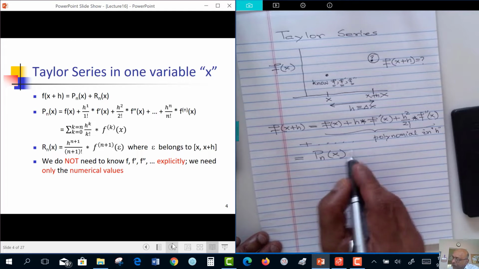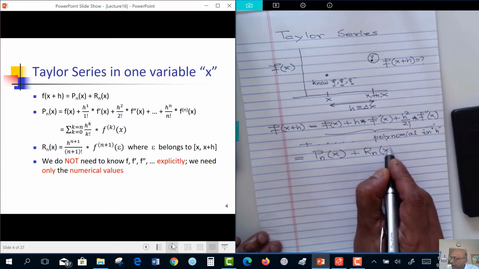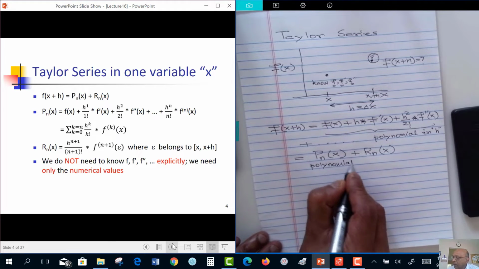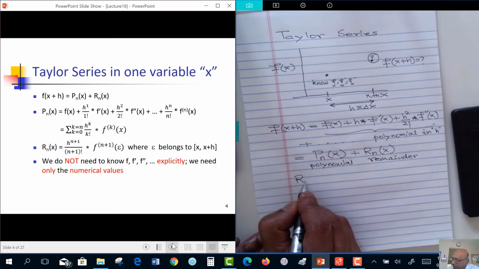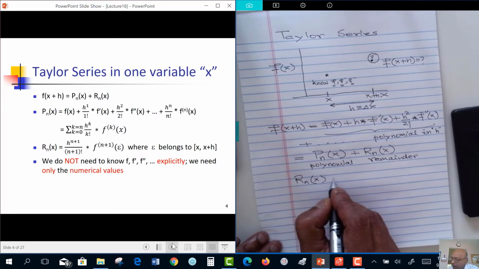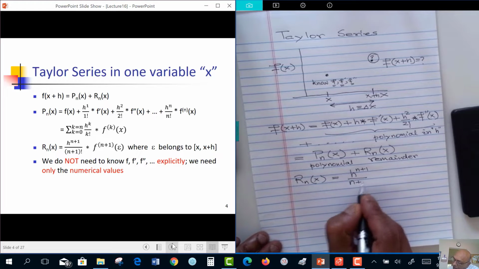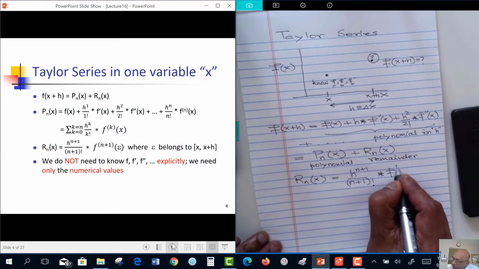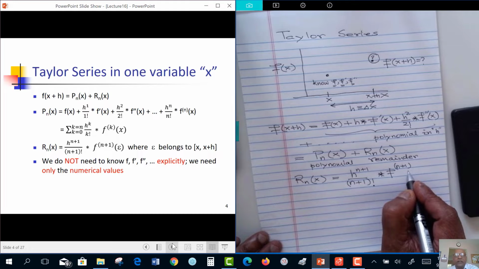What about the remaining terms? What we do is we say the remaining terms are all coupled in this error term called the remainder term. So this is our polynomial and this is our remainder. So we write the remainder term: we say the next term is the largest of all, since if it is a converging series, that's what should happen. So the next term after the nth term will be h to the power n plus 1 over n plus 1 factorial times the n plus 1th derivative,